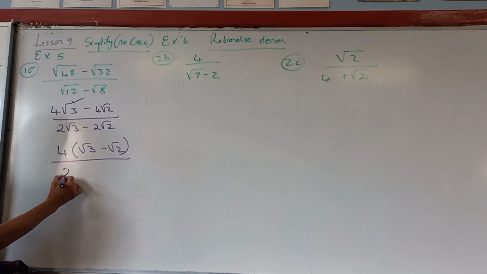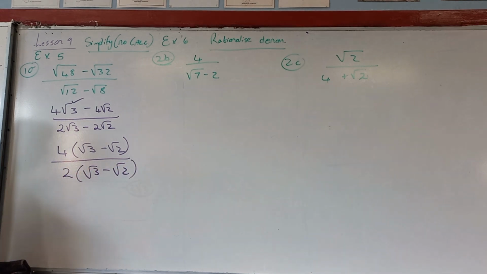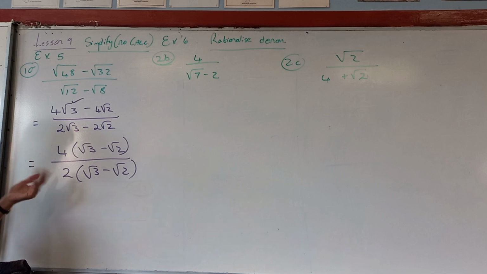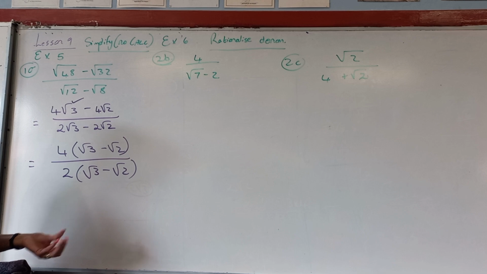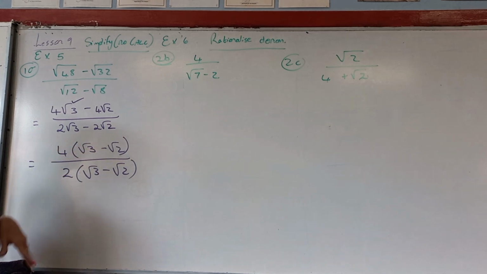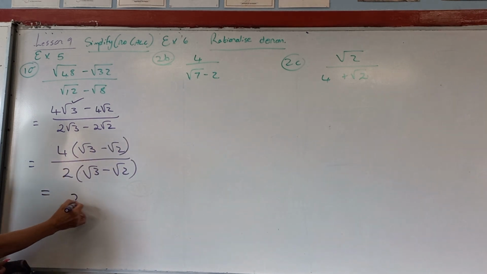Okay, so then at the bottom, what do we do? Common factor. Common factor 2. Root 3 minus 2. And how does that help me? Cross cancel. Because now something can cancel out. The moment that you decide to factorize, because I never said factorize. Why did you factorize? Because that's the method that we simplify. That's how we simplify. So after factorization, if nothing cancelled out, I was wasting my time. Then there is no simplification possible. But now those two brackets cancel out, and 2 goes into 4